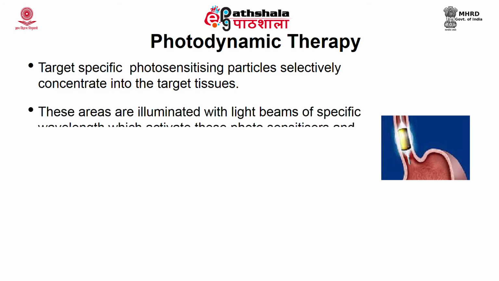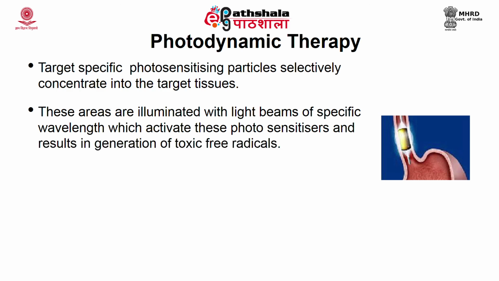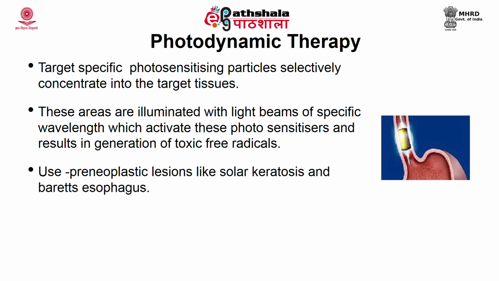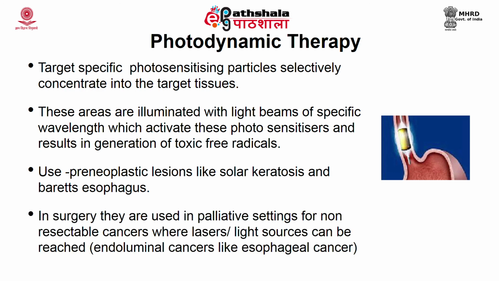And when low intensity laser is applied to that tissue, the photosensitizers get activated, there is release of free oxygen radicals, and that destroys the cancer tissue that selectively has higher amounts of photosensitizers. This photodynamic therapy is used most commonly in solar keratosis in areas like Australia, where people are getting lots of sunburns. In surgical practice, we are using it for conditions like Barrett's esophagus as shown in the figure.